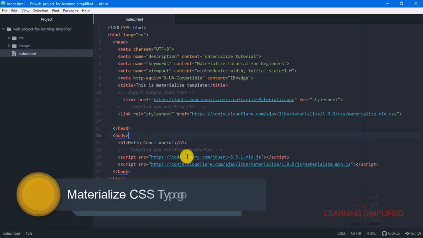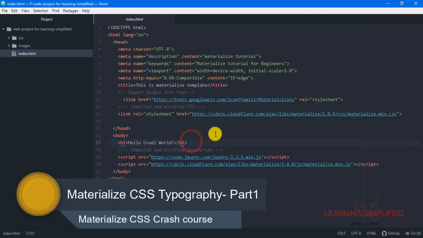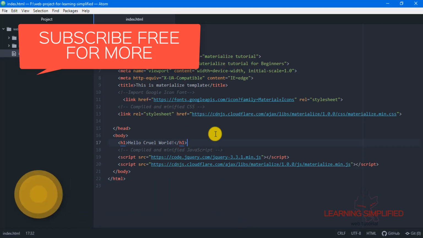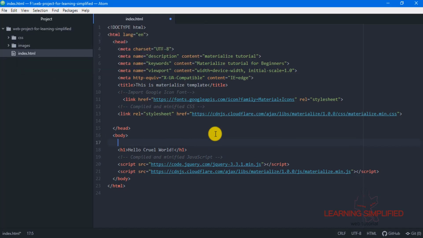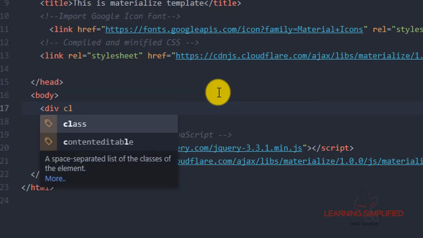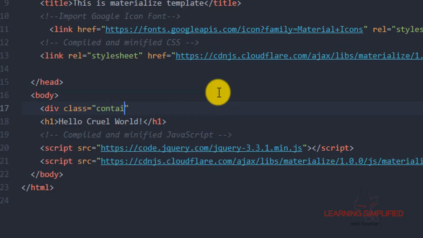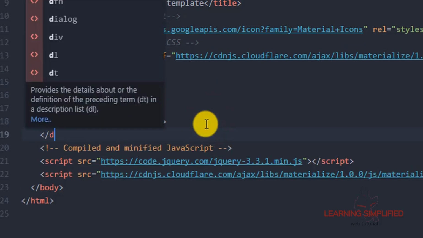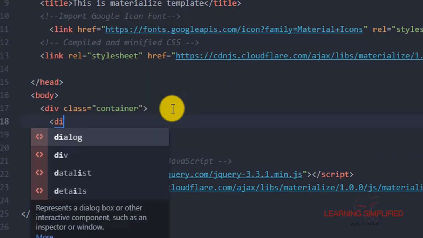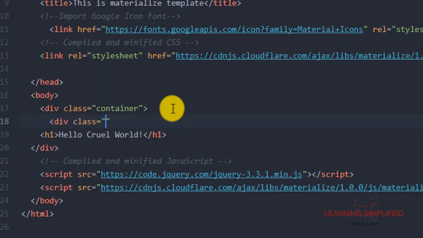In the first case, all we are going to do is observe the typography that is being used over here. But first of all, we need to put the basic structure of the Materialize responsive framework into our project, and that is why we now add this particular class of container. Get back to your project. Okay, now it is done.